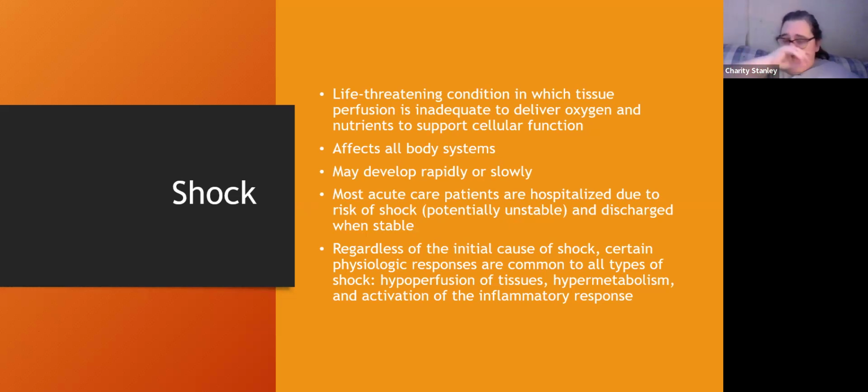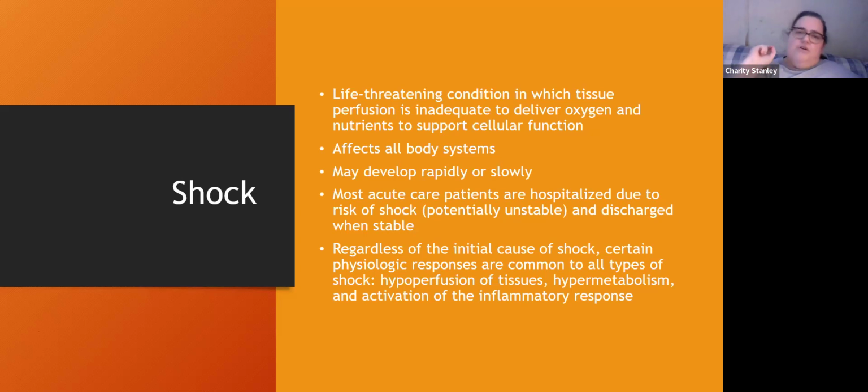And as we talked about, the cascade of events that happens when that first domino is touched, that first domino that causes the cascade of shock, could be from bacteria in the blood. And that would be septic shock. It could be cardiogenic shock. It could be the person's had an MI and the pump's not working well. And then that was the first domino that caused problems and inadequate tissue, inadequate perfusion, inadequate nutrition to all the